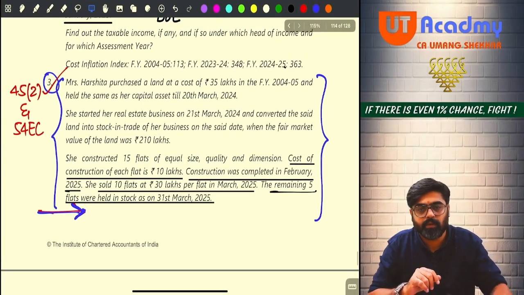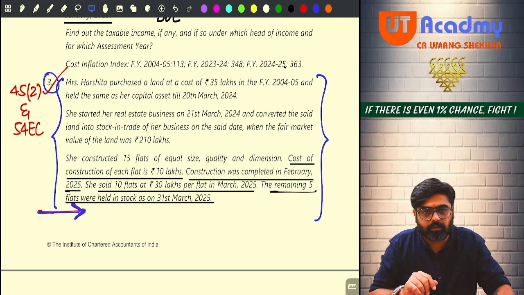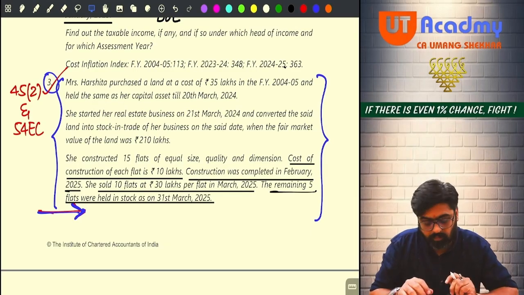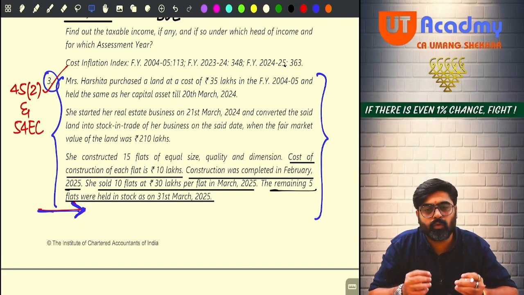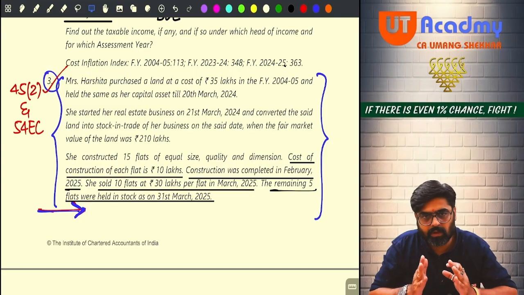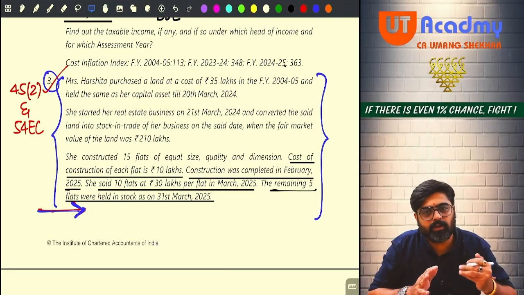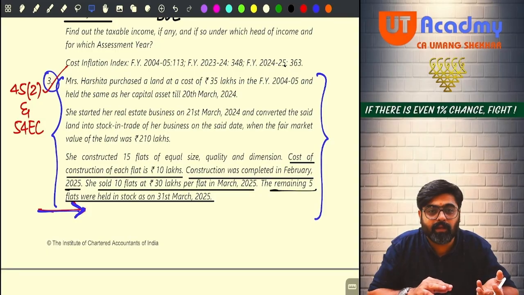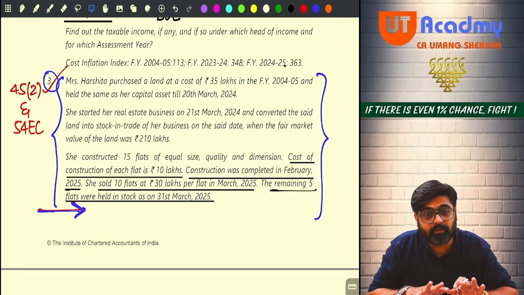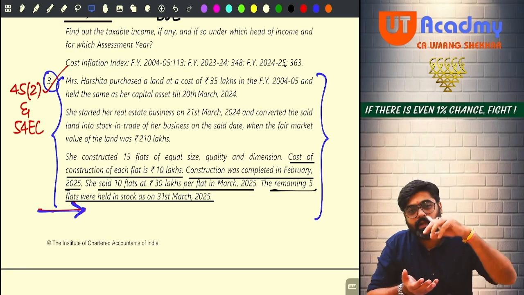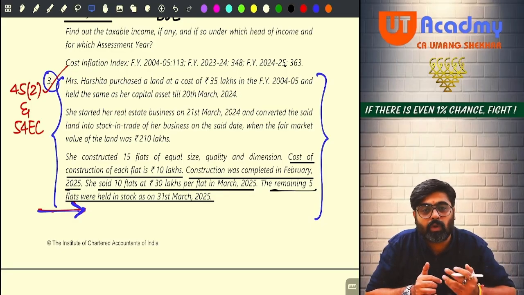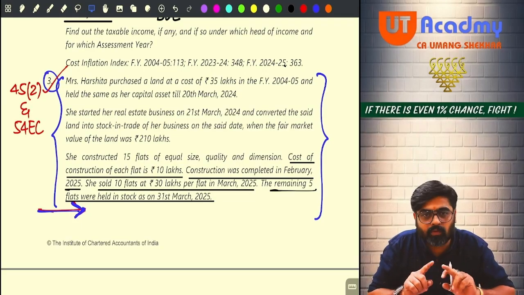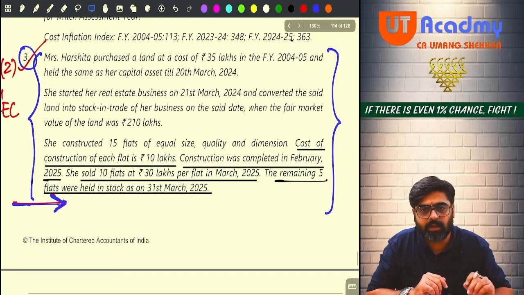Question number 3. Right? So we will discuss this question first. See, whatever is given in this question now, the only new thing which they have done, they have converted a capital asset into stock in trade. But after converting, they are not keeping that asset same. They are having some additions made to that asset. But the additions are made when it becomes stock in trade.